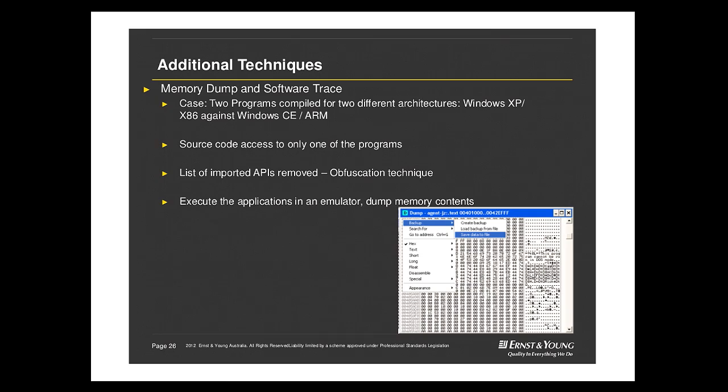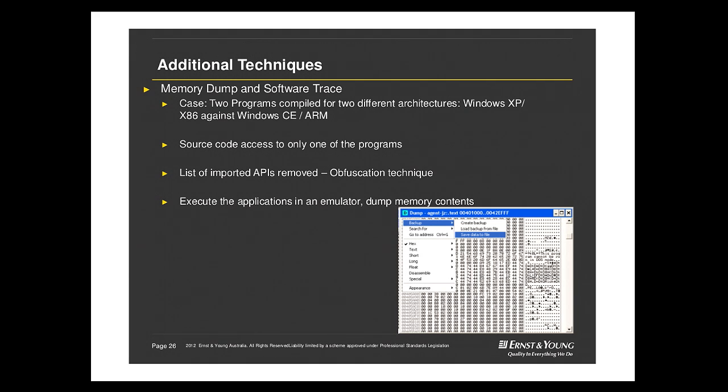Let's see now a real example of this kind of comparison. This is a kind of real case. We had two applications. Let's call them A and B. One of them, B, was suspected of having copied the other, A. The analyst had access to only one of the applications' source code, only A, and binary comparison was giving us nothing. Partial hashing techniques and fuzzy hashing were finding similarities. So, okay,